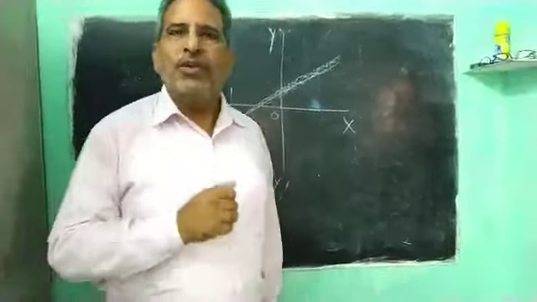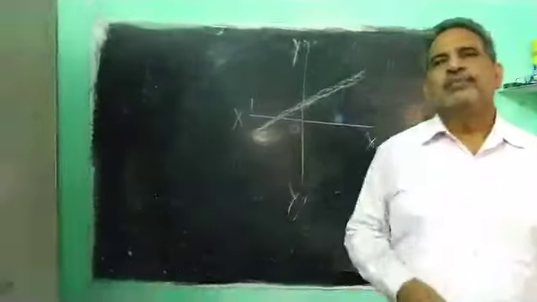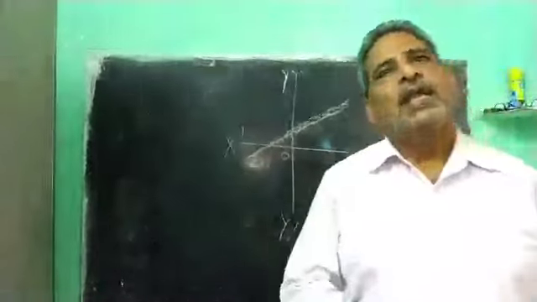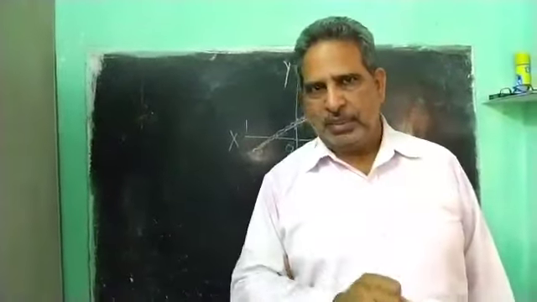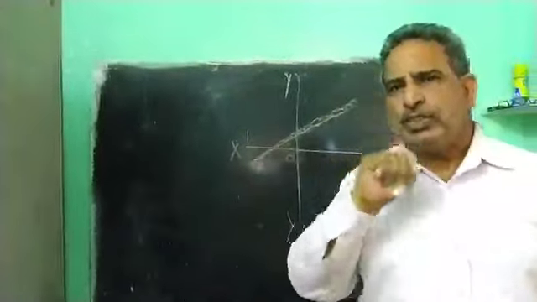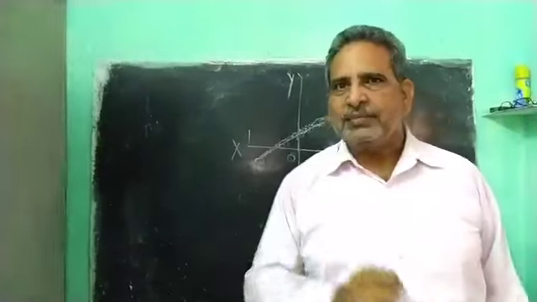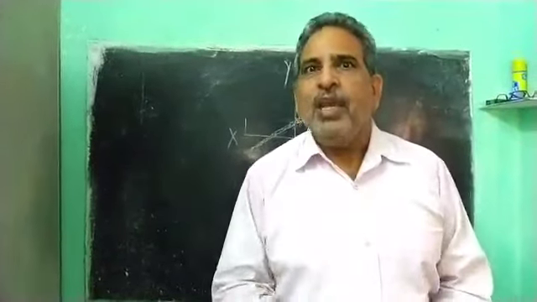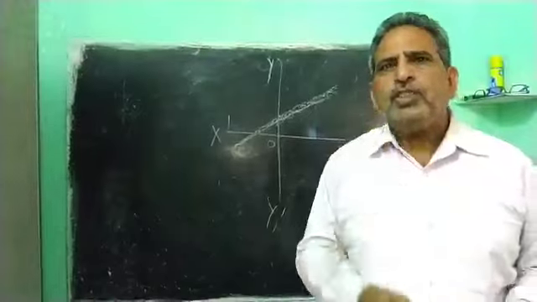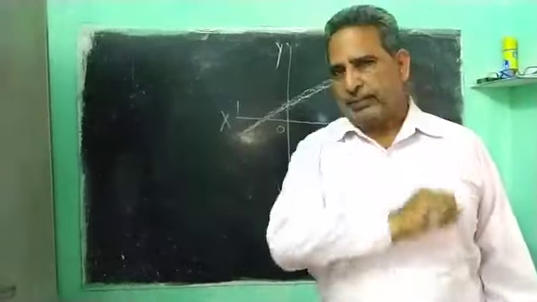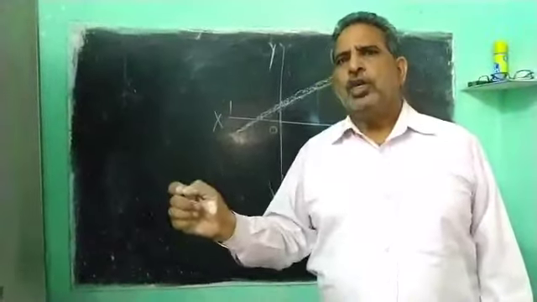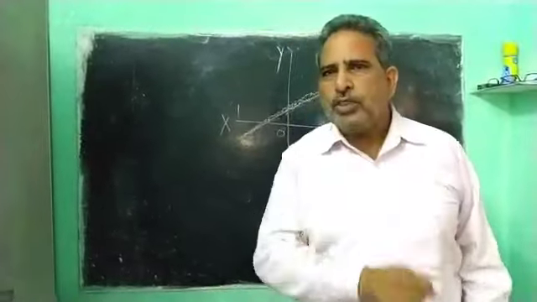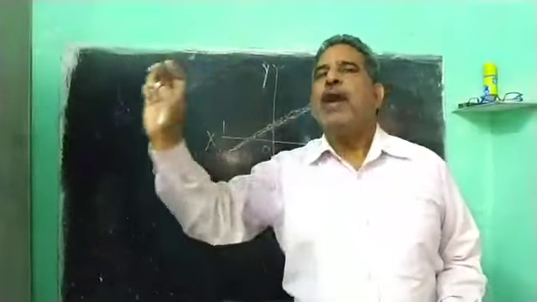So now that was the topic for today. What we learned is what is a unique solution, what is no solution, and what are many solutions. Unique solution and many solutions are also called consistent, but no solution is called inconsistent. Graphically, we have seen a unique solution will have one point in common. For many solutions, both the lines will coincide, and in case of no solution, they will be parallel.